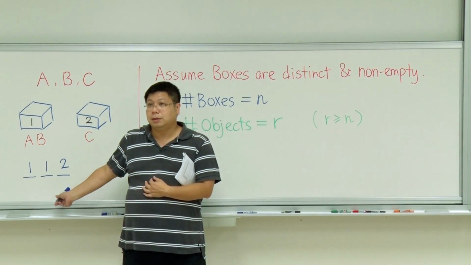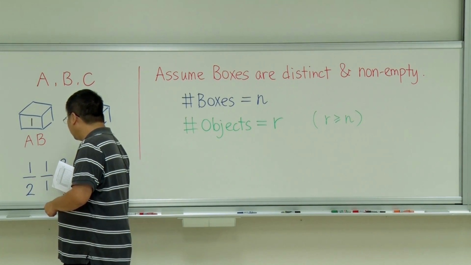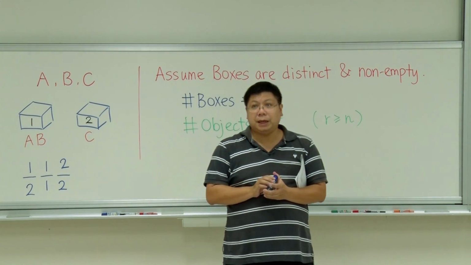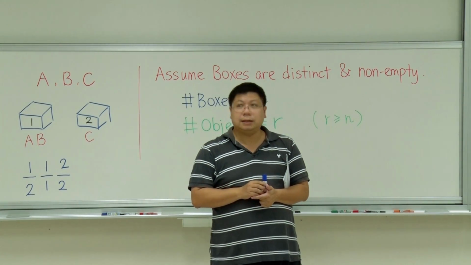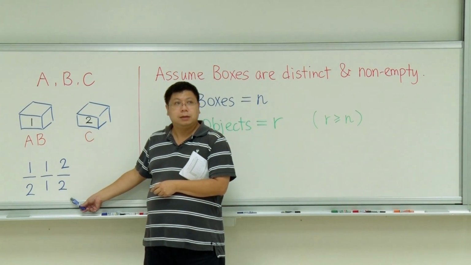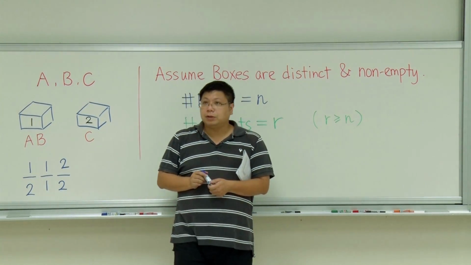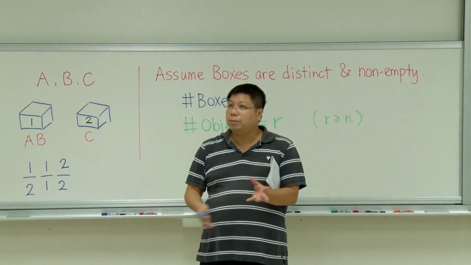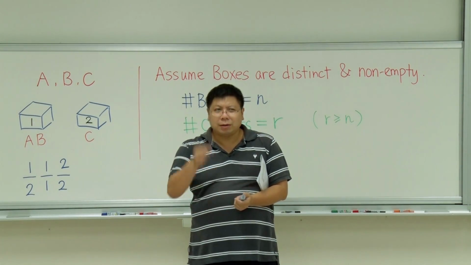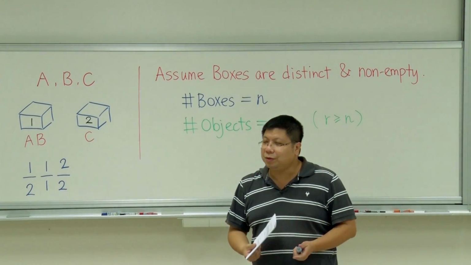Is that okay? So we can also specify a string something like 2, 1, 2. And what does it mean? Then it means A is in 2, B is in 1, and C is in 2. So we are going to have an r-digit string over an alphabet of size n. And then we want to count how many ways we can form a string of length r. Okay, there's a little bit of restriction, but let's figure out